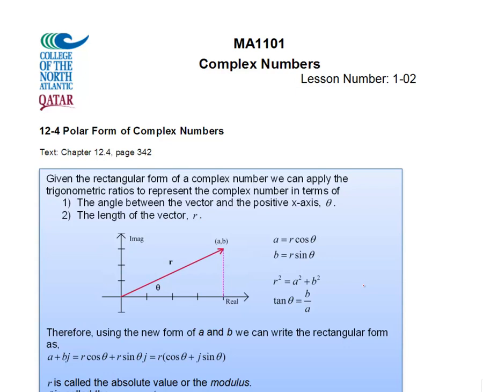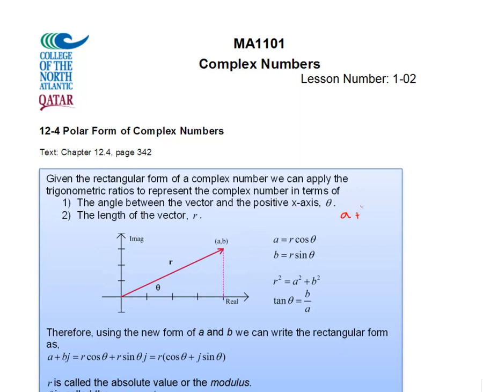We're going to start now talking about polar form of complex numbers. Up to now, we've only talked about rectangular form. So we're going to look at a second way to represent the same complex numbers. So as you see here, if we have a vector representing a complex number, which in this case would be